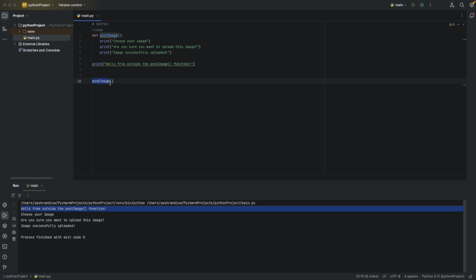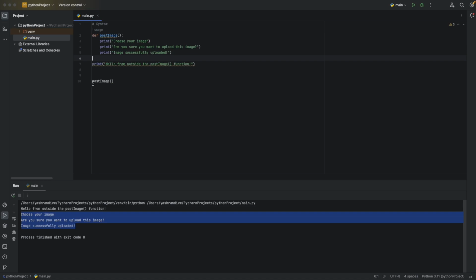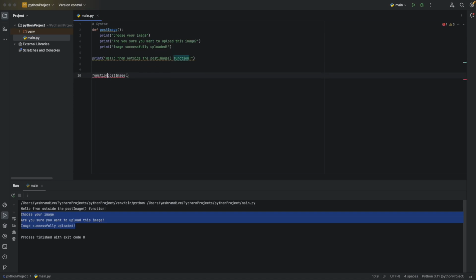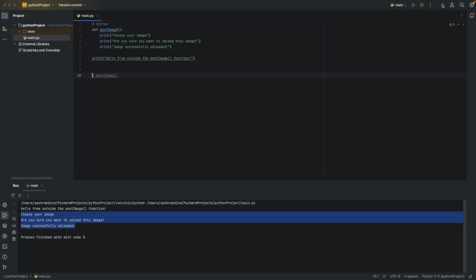Then Python sees the post image function invocation. It goes to the post image function and executes these 3 lines. So we have hello from outside the post image function, followed by the lines of code that were executed from the post image function. If I just comment out the invocation of the post image function right here and run